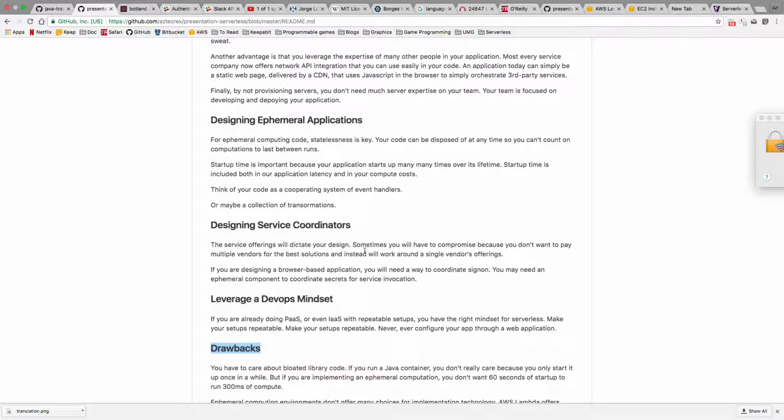All right. For designing service coordinated type apps, this is something I have less experience in, but my app did a little bit of it, so I will tell you some of the things I learned. The service offerings will dictate your design. So what I found is that, especially because of the way things are priced, the compromise is sometimes that you might find 3 services that together would be perfect for your app, right?